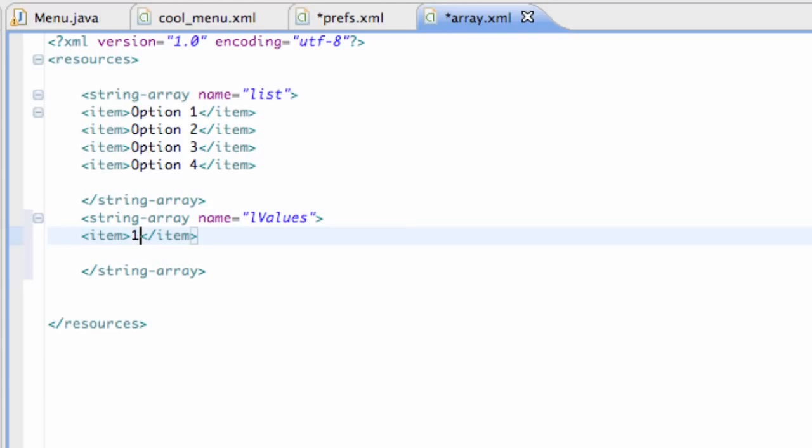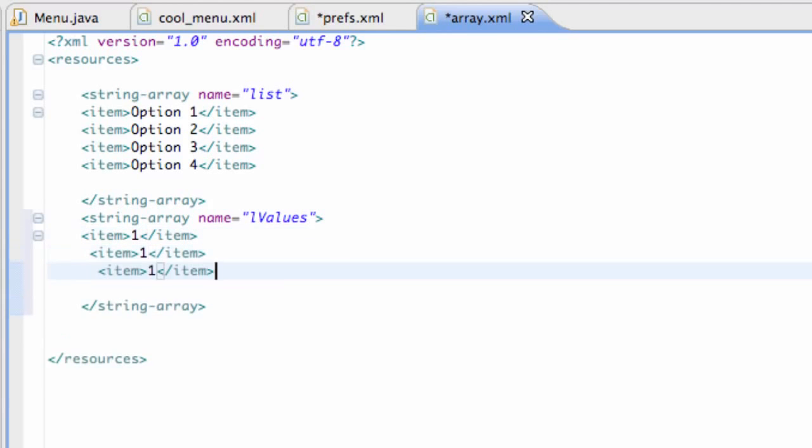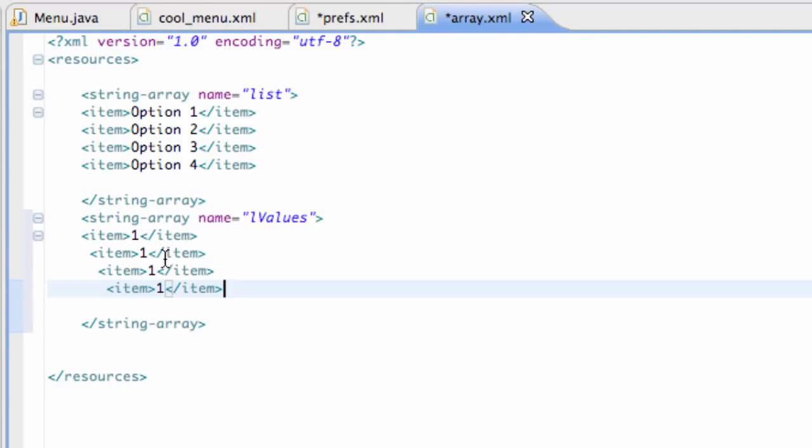and we're going to say this is item 1, and then we're just going to copy and paste that 4 times. And this will make more sense once I can show you guys what this is actually doing, but just as for now, just kind of follow along, and then once we run our application, it's going to make a ton more sense as always. So there we go, we basically set up our list arrays,